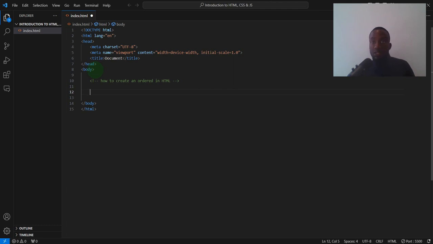The ordered list in HTML uses the OL tag with several list items nested in it. So here I'm going to have my OL tag, and inside the OL tag I'm going to have my list items, and these are going to contain the items that I want to have in my list. So first I'm going to have jean, and here I'm going to have polo,